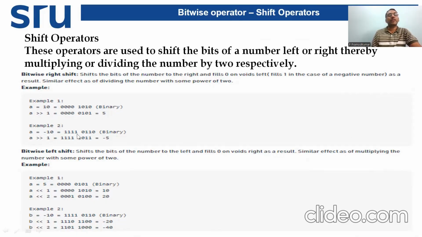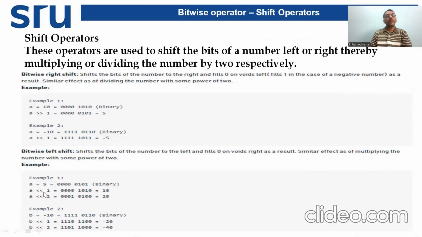Then here is a second example, that is a negative value. Then bitwise left shift, shifting the bits of the binary value towards the left side, obviously leads to an increment in its value. Then here is an example. The A decimal value is 5. Its equivalent binary value is